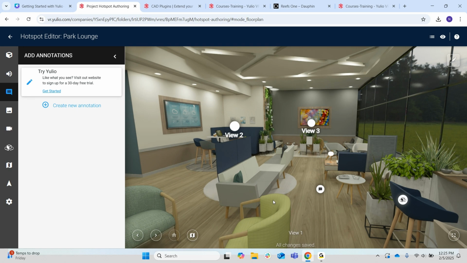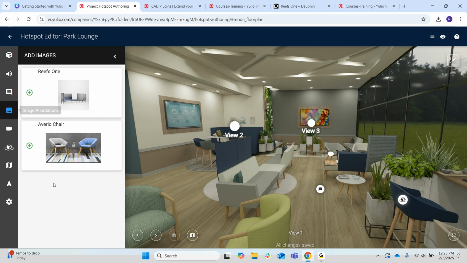So our next hotspot is images, and that's here. And I can see all my images I uploaded earlier, but I am just going to move to my next scene to add in my image hotspot. So I'm going to click on this arrow here to move to the next scene